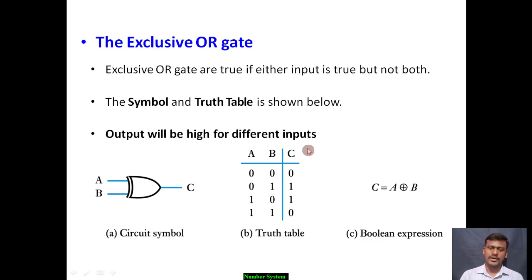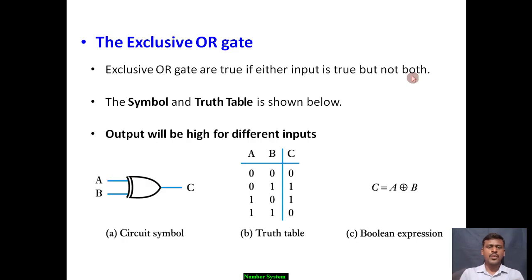Next is exclusive OR. Exclusive OR gates are true if either input is true but not both. This means if both the inputs are 0 0 or both the inputs are 1 1, then the output will become 0.